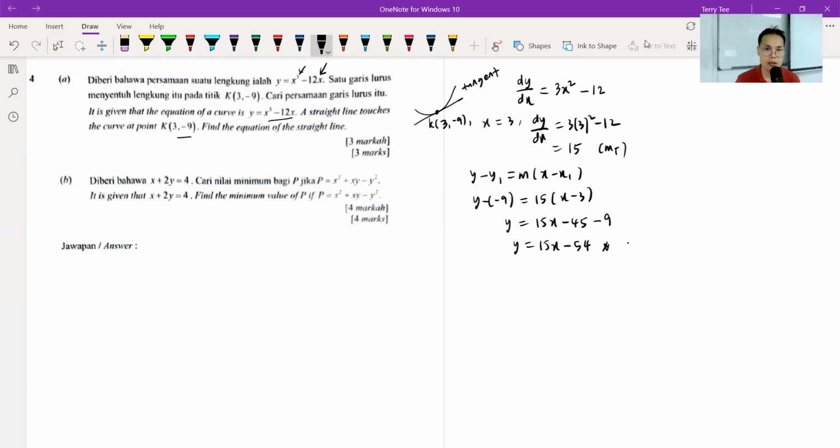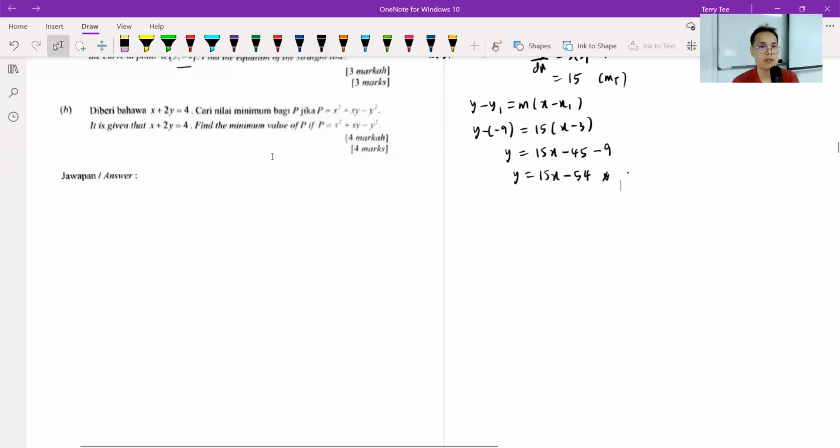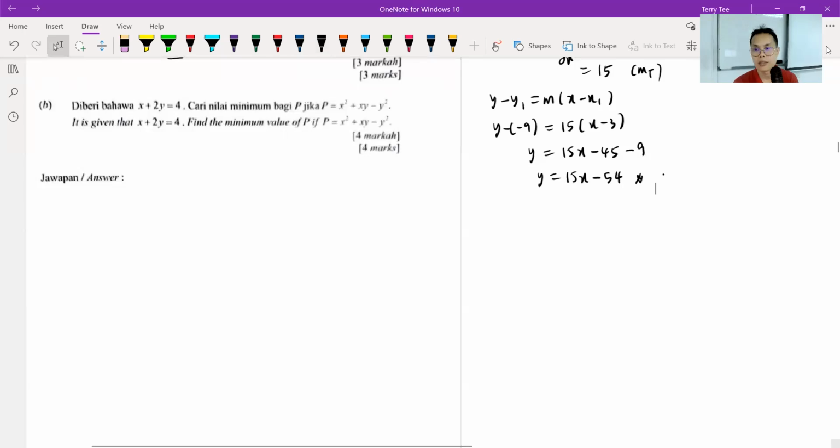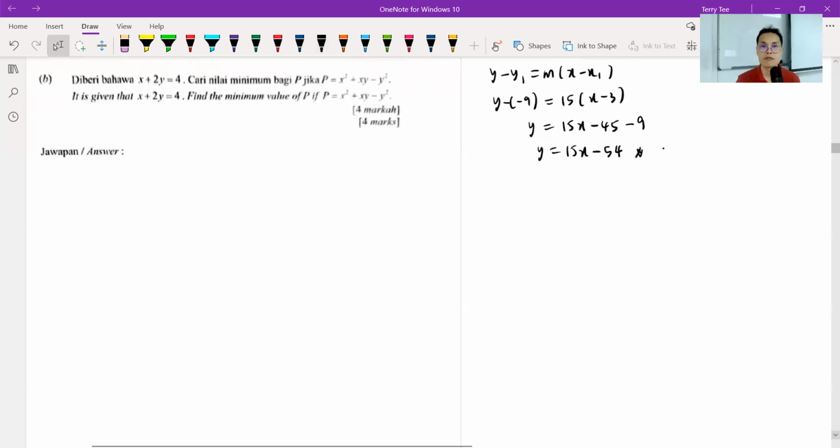The next one, for part B, we're given x plus 2y is now 4. And we're supposed to find the minimum value of p, given that p equals x squared plus xy minus y squared. Okay, so first of all, if you want to find minimum or maximum for p, we need to convert this